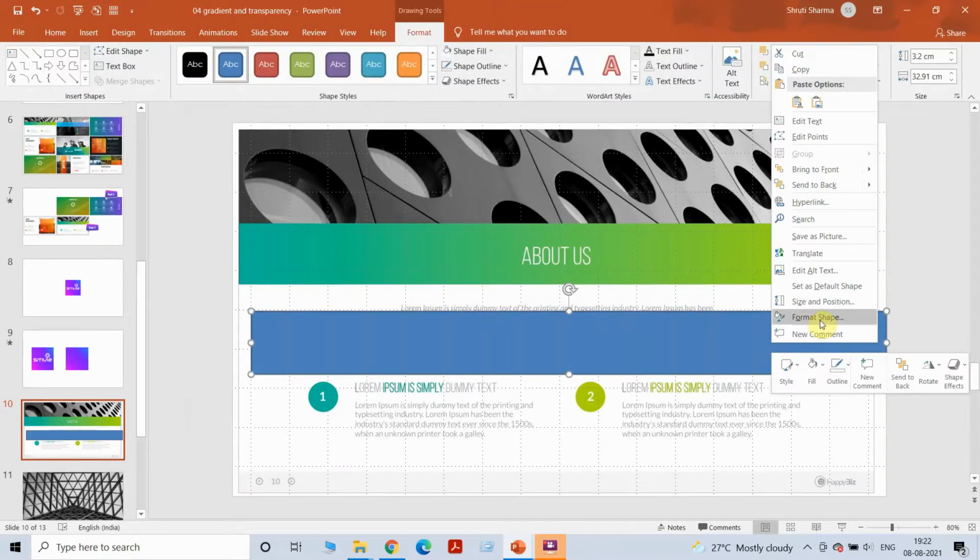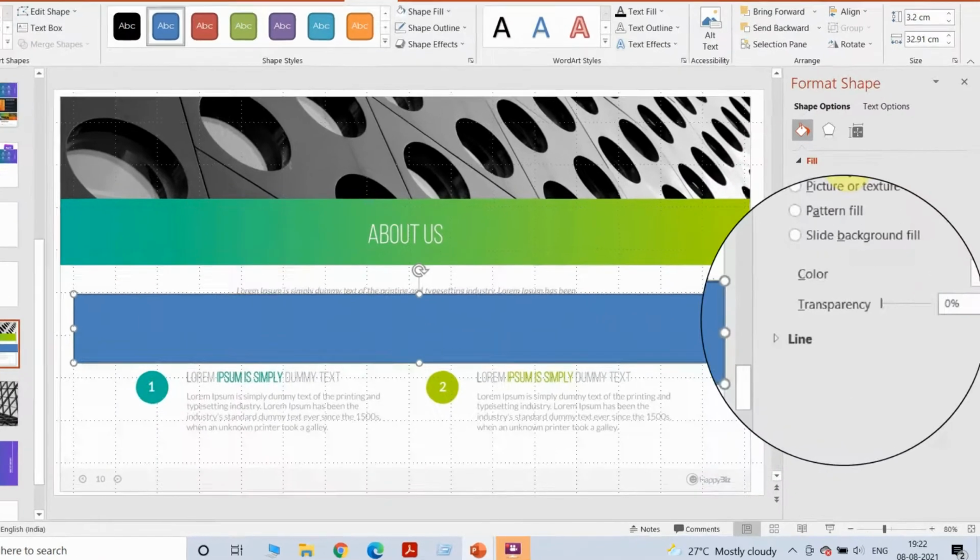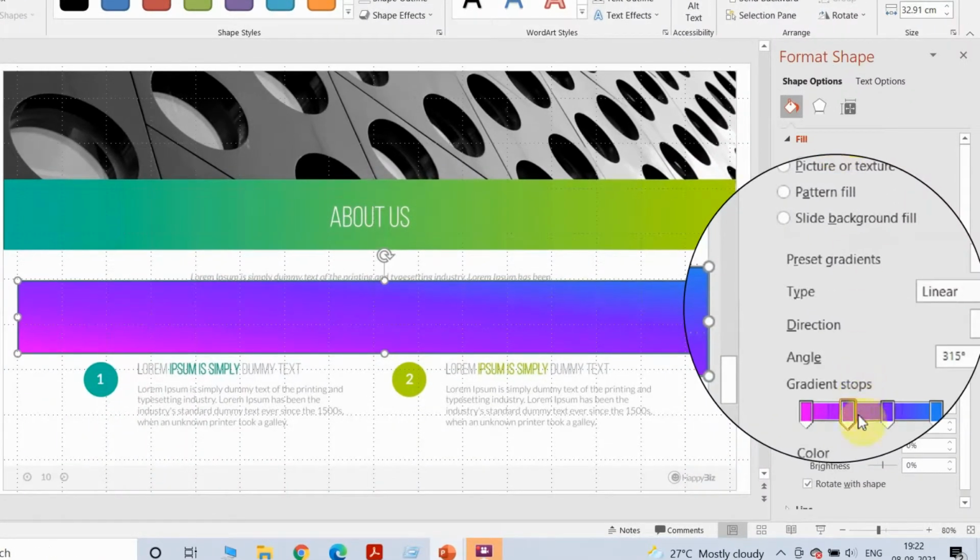Right click, format shape. This drill I think we all know now. Go to gradient color. Right now it's picked the gradient that I created last. That's what it does. So now I have 4 colors here, but I think I need just 3 colors. So I've deleted one, and one by one I'll go to each color now.